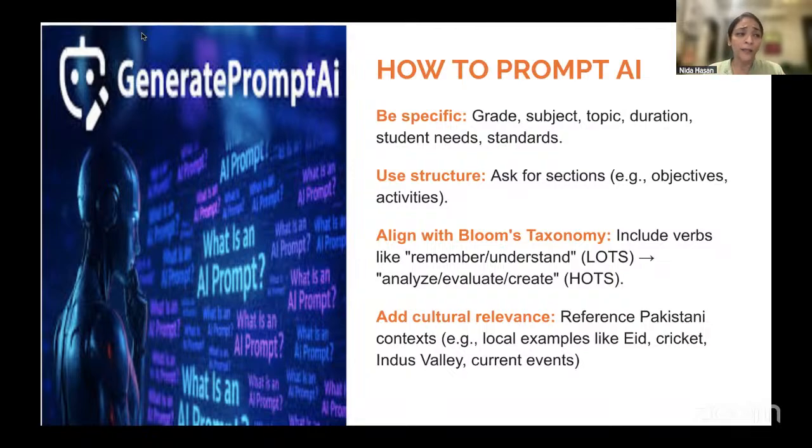And for this, it becomes very important that we also know what our students relate to. So we cannot be living in our own world and thinking